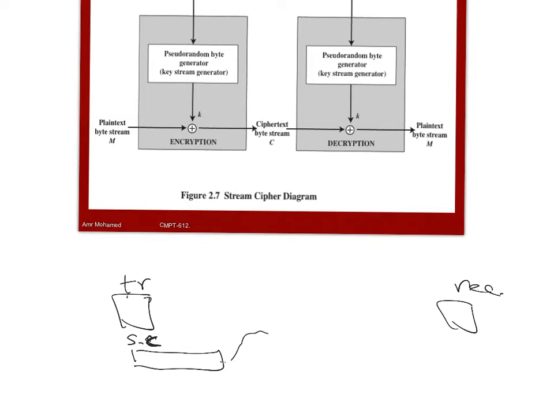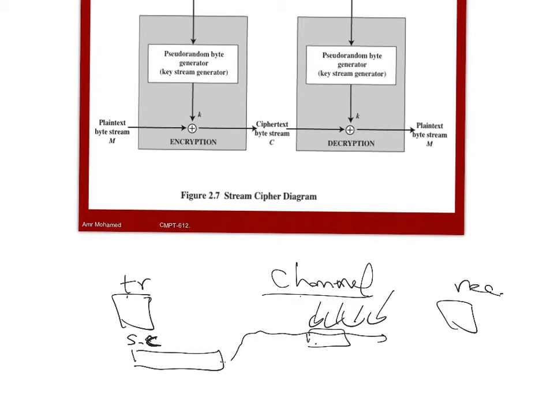If you move that across the channel, whatever that channel is, wireless, wired, whatever, and you have any source of noise or any corruption to this text, not even by an attacker, just a normal error that happens on the channel, not necessarily an attack,